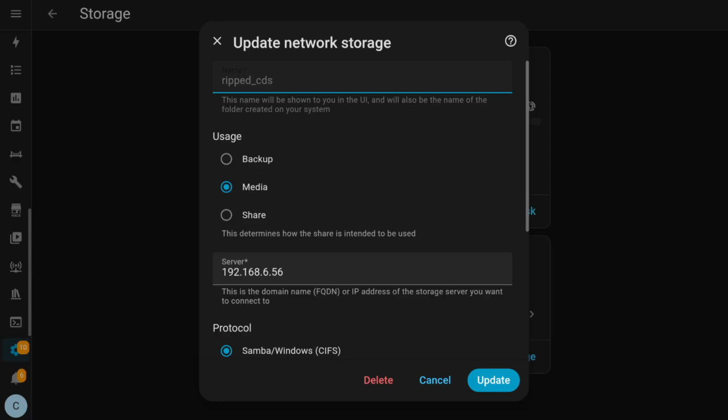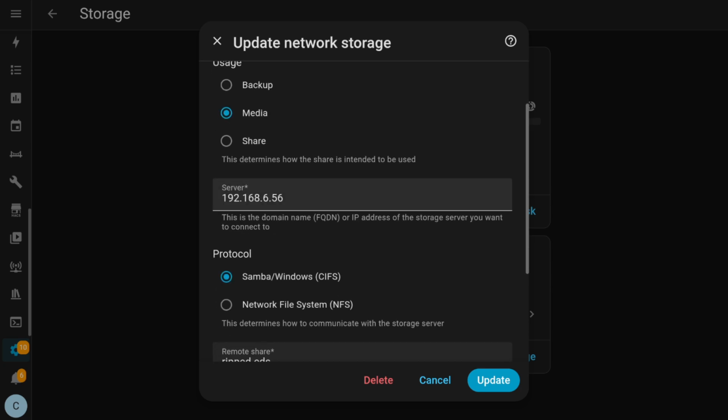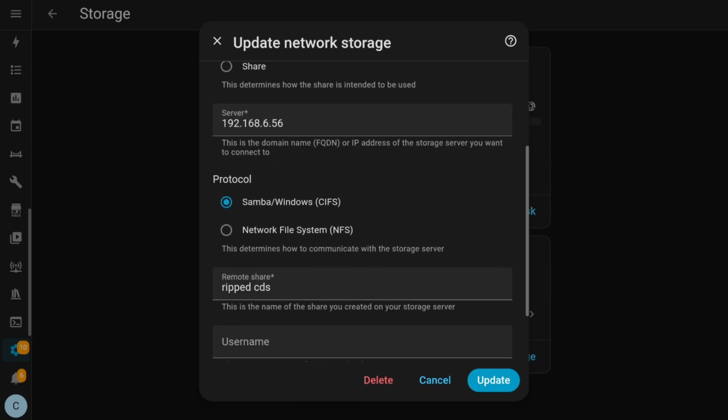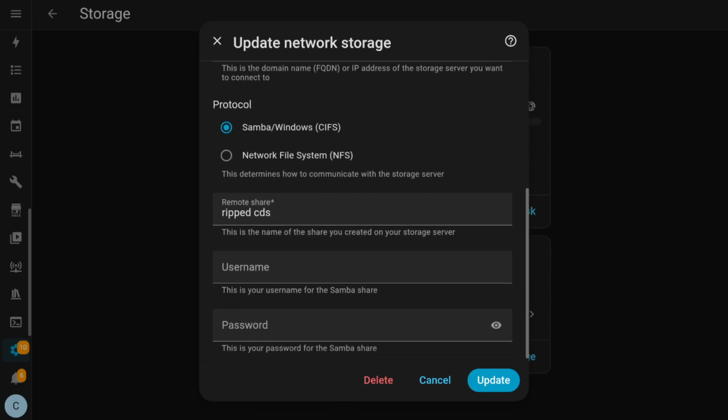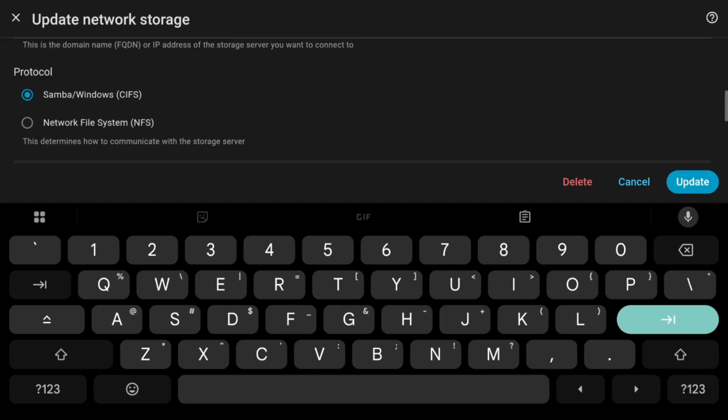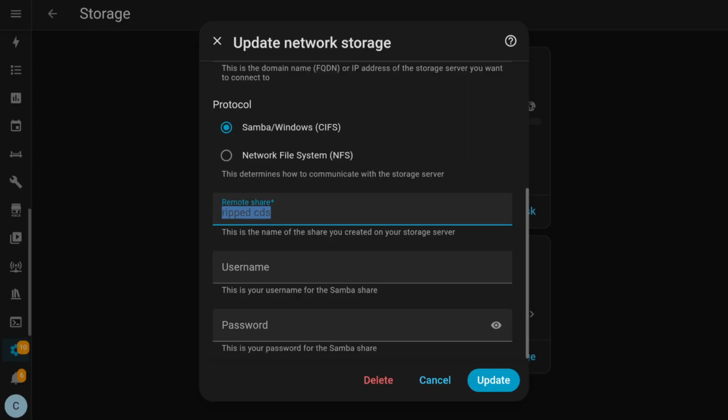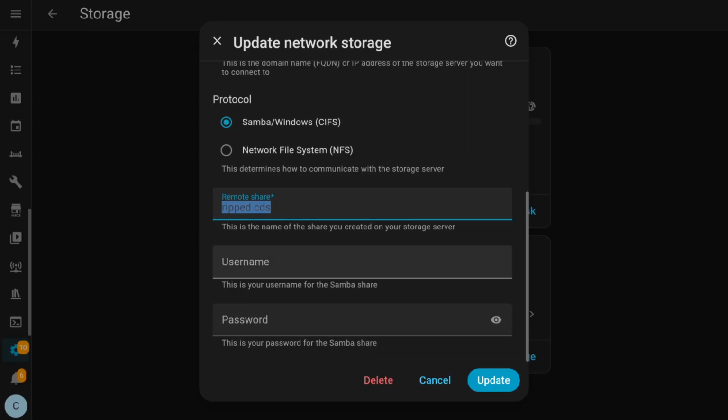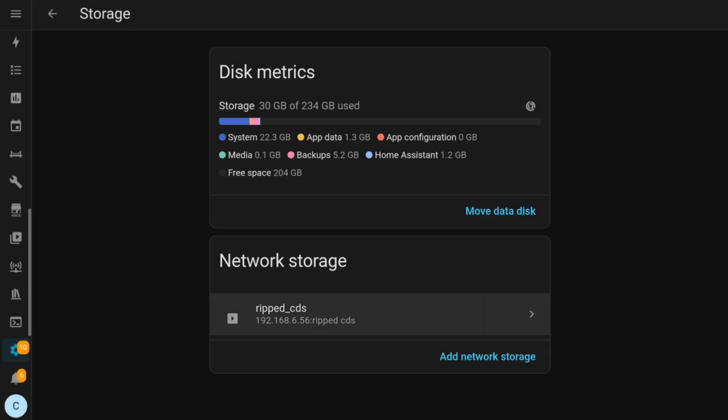I have the name as ripped CDs because that's the name of the folder. Then media, the IP address, and then Samba Windows CIFS, and then remote share, that's the name of the share you created on your storage server. I think you have to get this exactly as it's named on the system, and then you put your username and password. Once you click update after you enter all that,